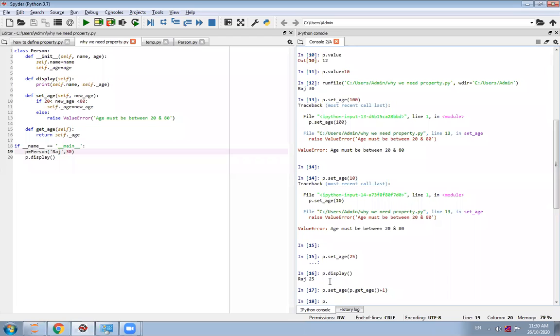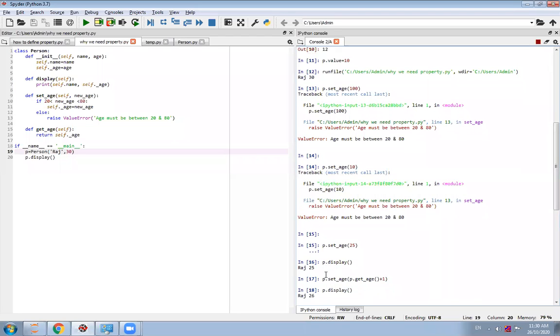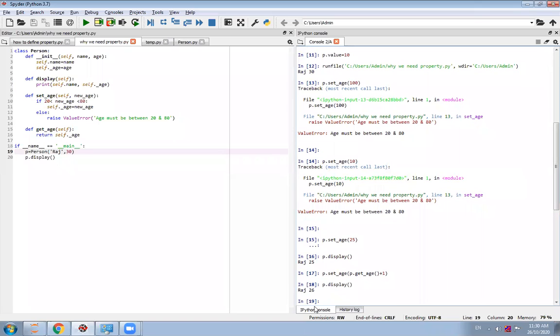Like here, you could see the age incremented by 1. Now it is 26. So whatever we have seen in our previous program, yes, without a property we can update the age.